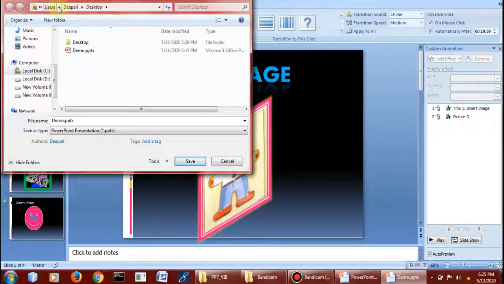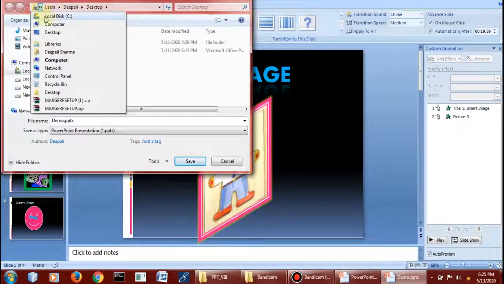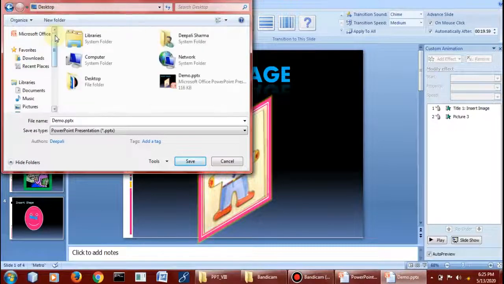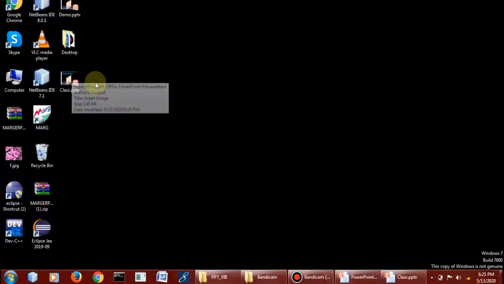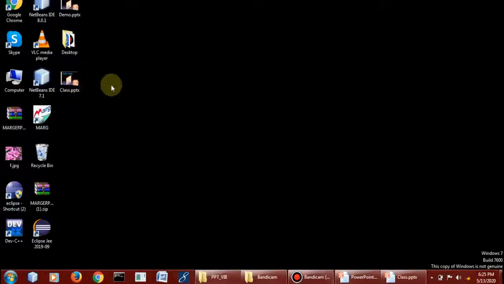Right now I want to save it on the desktop. It is already saved, but again I want to save it, so I will click desktop. I am changing the name, that is class.pptx. So I am going to save it on desktop. Just see, on my desktop this particular slide has been saved with the class.pptx.